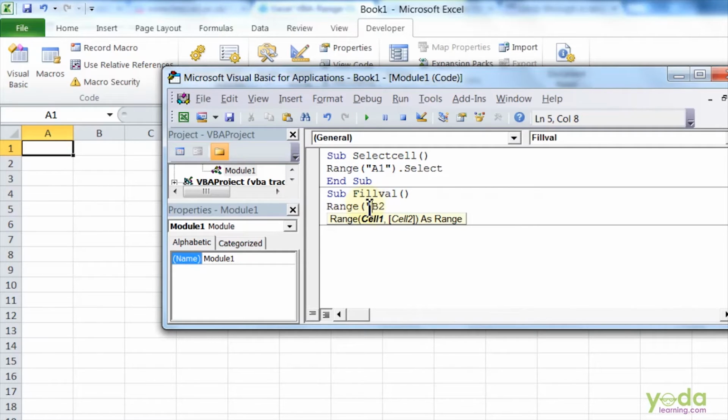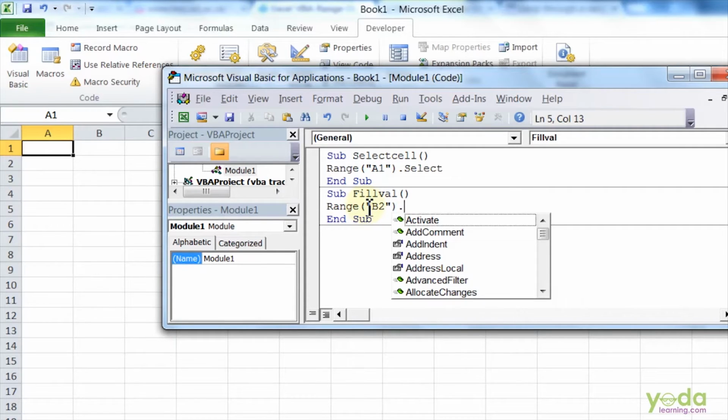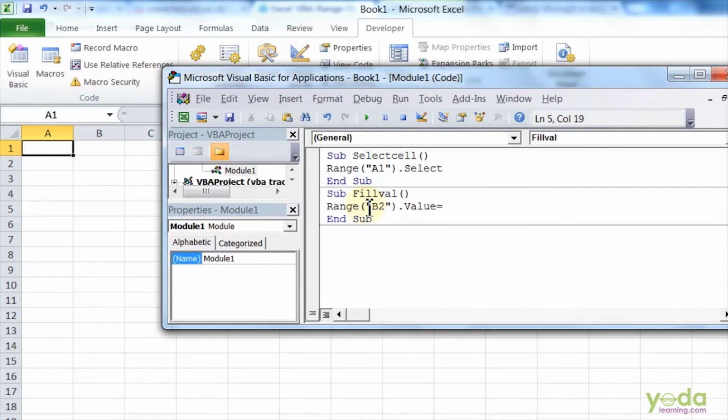Put it in inverted commas, very important. Dot Value is equal to, say I want to put the value as 35. So that's it. I'll run this code. So if you see here in this cell B2, you'll get a value 35.